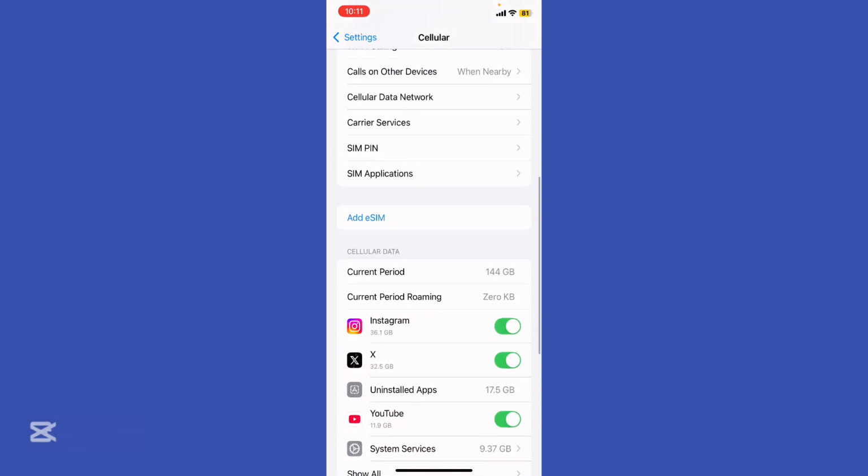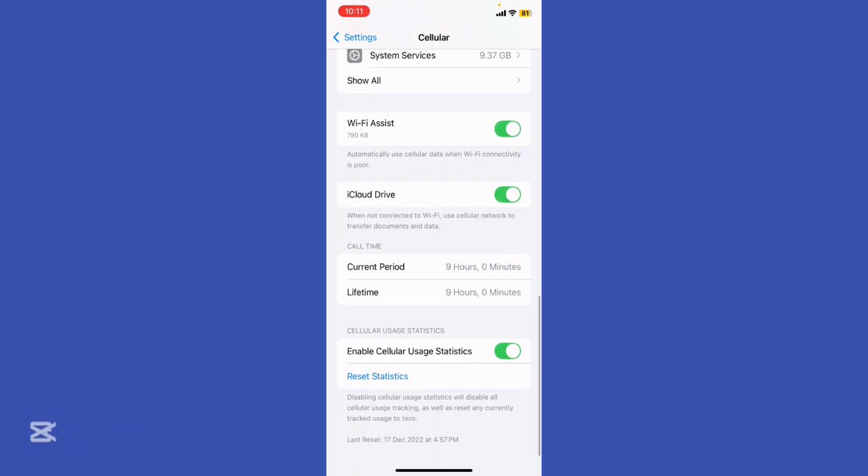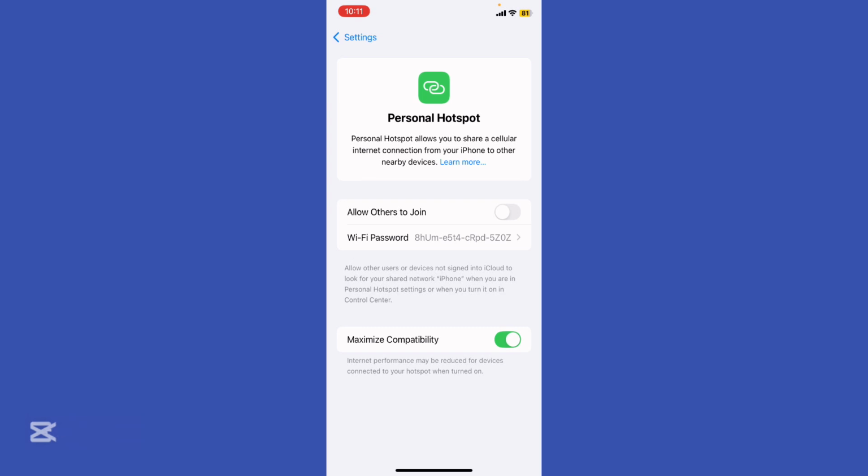And secure your connection. Make sure to secure your connection. Use a strong hotspot password to prevent unauthorized access and track your usage to avoid